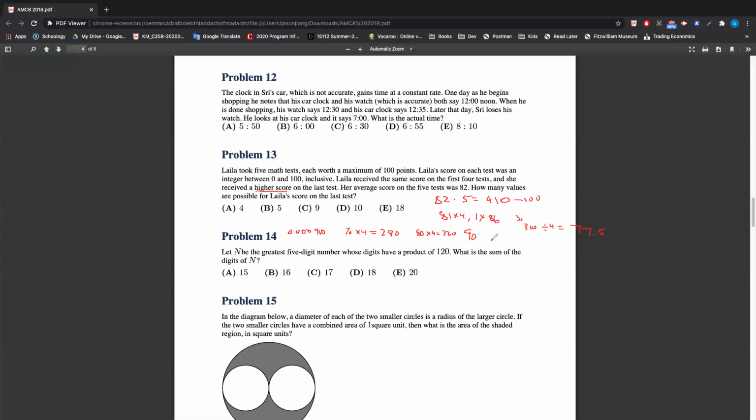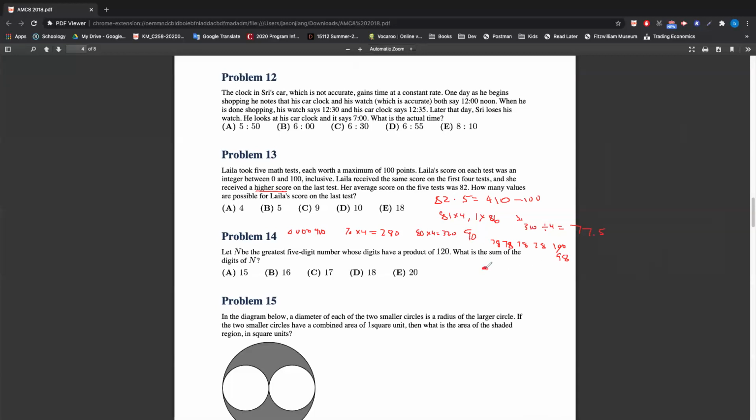That means that, obviously, since we have to have integers, we would want to do 2 77s and 2 78s, but that wouldn't be allowed. So we're going to have to settle for having 4 78s and 98. We can't do all 77s because then that would leave us with 102 as the last score, and that's too high. So our possible scores for the last test range from,